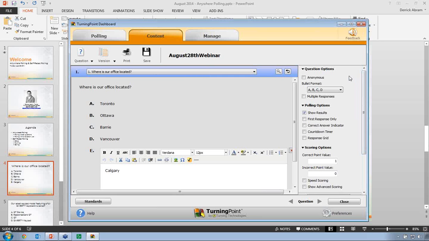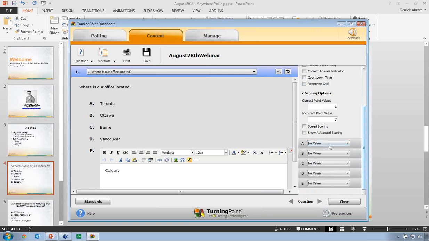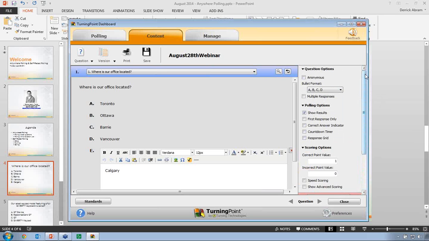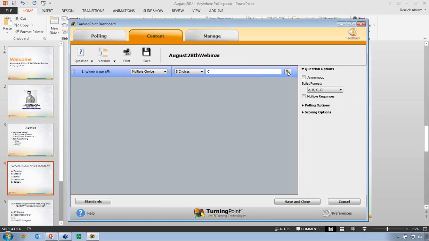So just like we saw in PowerPoint polling, you've got access to all the same sort of stuff. So we can make this question multiple response if we want people to be able to choose more than one thing. We can tell Anywhere Polling here in this question list that option C is correct. So I have all those same options that I have within PowerPoint polling right here in my question list for Anywhere Polling.